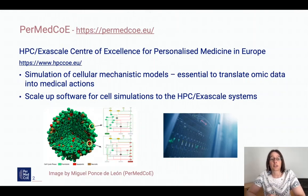PerMedCoE is the HPC Exascale Center of Excellence for Personalized Medicine in Europe. It focuses on the simulation of cellular mechanistic models, which are essential to translate omics data into medical actions. PerMedCoE will scale up software for cell simulations to the present HPC Exascale system to enable the creation of models of medical relevance. In addition, to spread the use of these simulations, it is essential that these tools are accessible